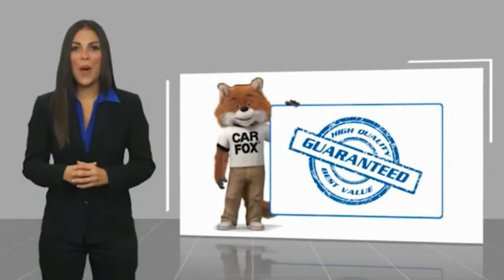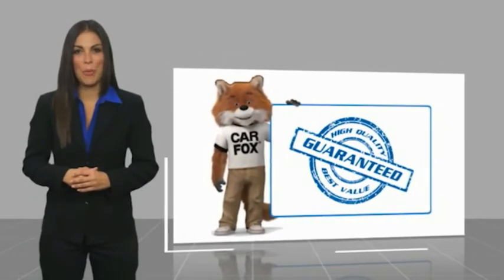Here's another high-quality vehicle with a Carfax Vehicle History Report. Be sure to find